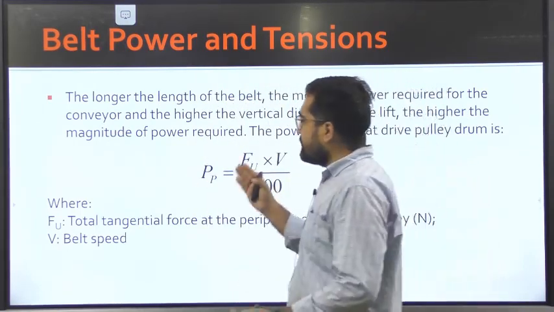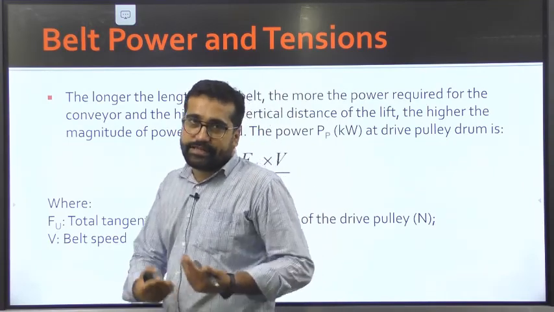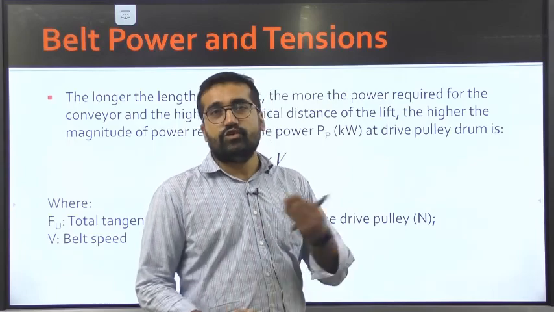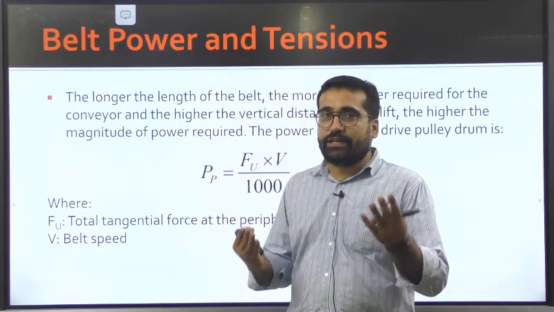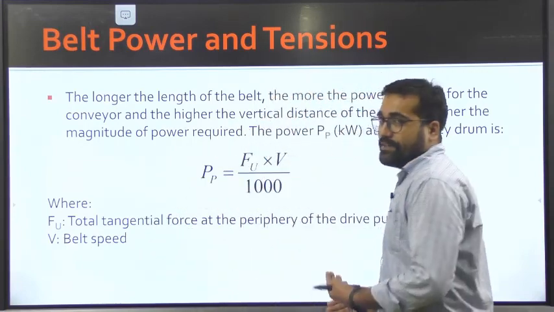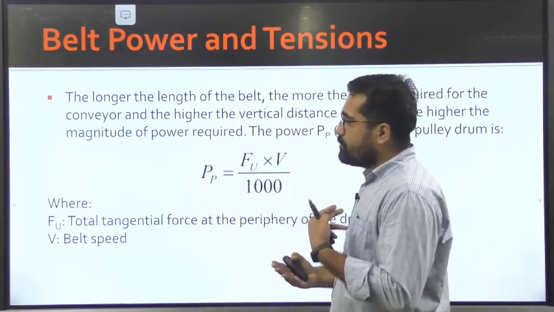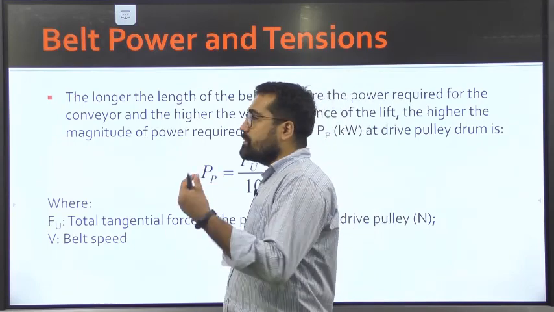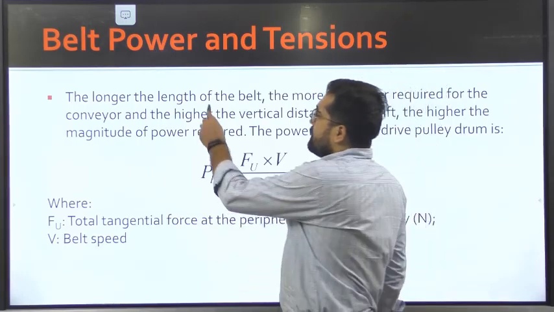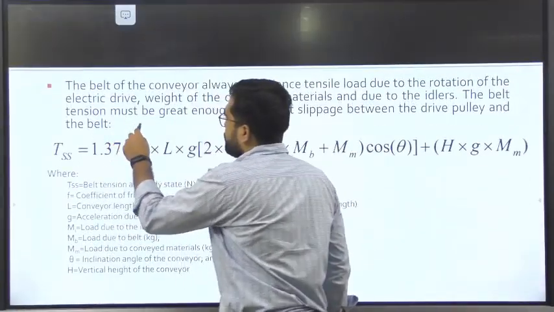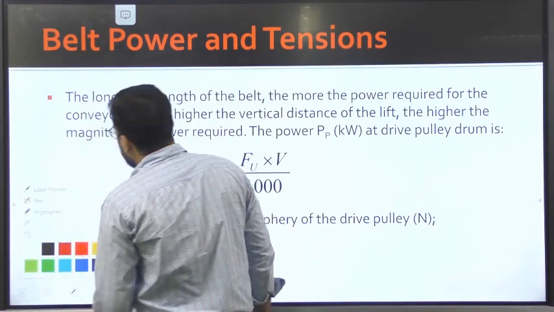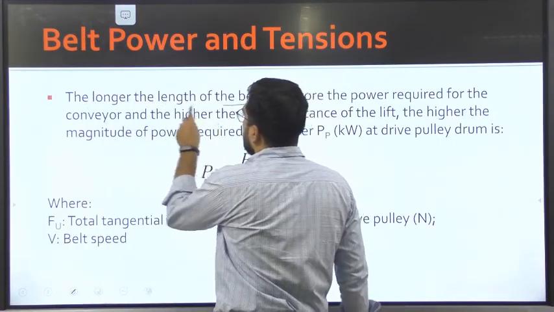This is generally related to the size of the motor we are going to attach. The motor will provide the velocity or motion to the belt so that we can convey material from one end to another. So in a belt conveyor, the power is important in determining the size of the motor. The constant here is the length of the belt.